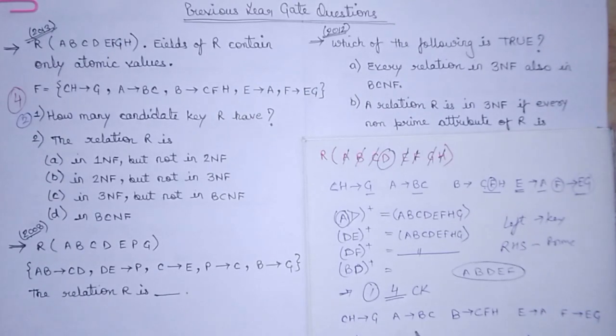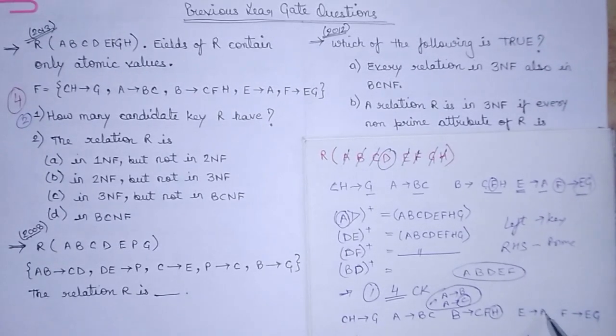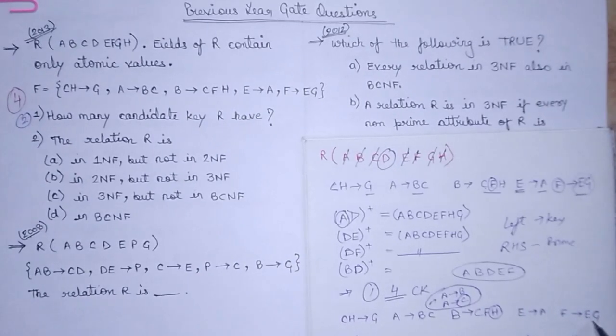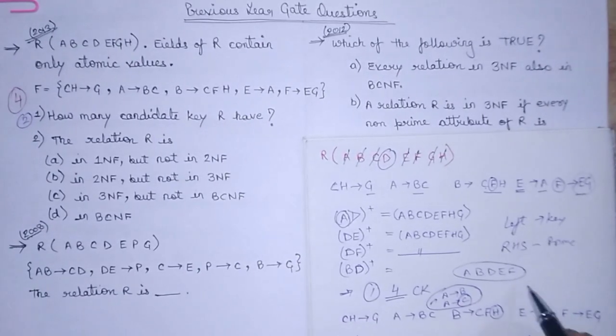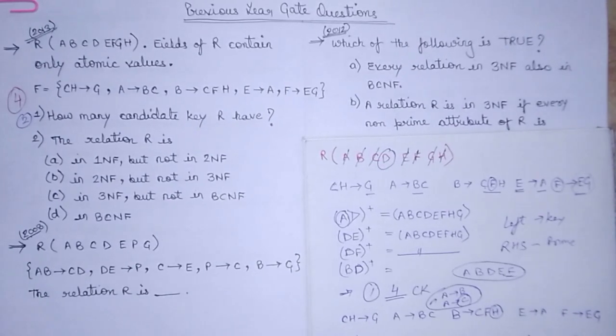Similarly, we can check for these also, but it is not in 3NF, so no need to check further in your GATE exam. But here you can check for better understanding. So A to BC: B is a prime attribute, but C is not a prime attribute. You know that we can write this relation as A defines B and A defines C. So C is not a prime attribute, so this is not a key. Similarly, H is not a prime attribute, so not 3NF. A is a prime attribute, this particular relation is in 3NF. E to G, not 3NF because G is not the prime attribute.